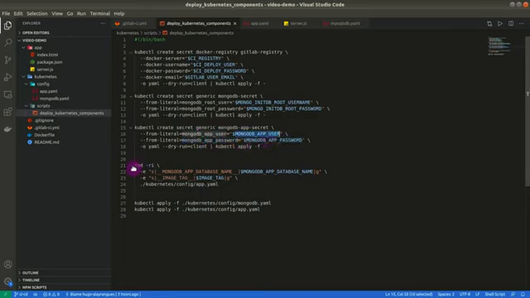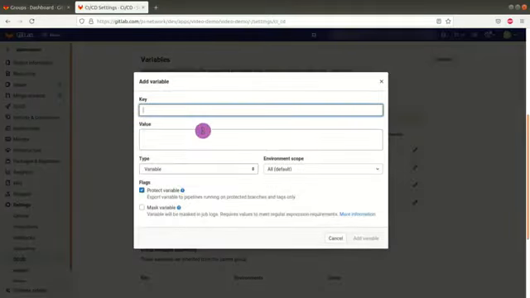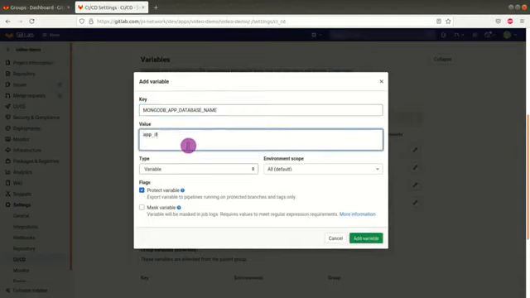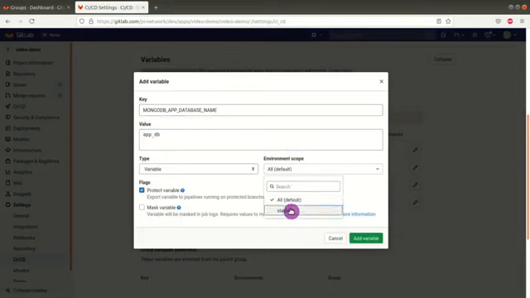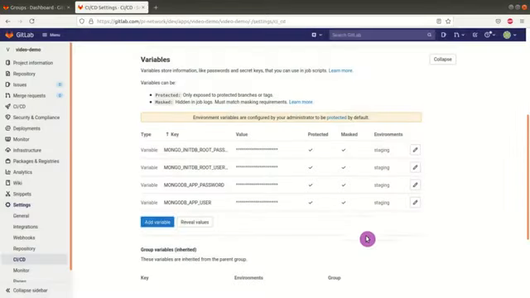The next command of the script is this sed command, and what it does is it takes this variable and it replaces this string contained in this file by the value of this variable. The same for this variable that replaces this string in this file. So for the first one, Mongo app database name, this value comes from, again, the GitLab UI interface, so we can create it here. App db, let's see, environment scope staging, again, we do not need to mask the variable as this is not a secret variable, so we add the variable,